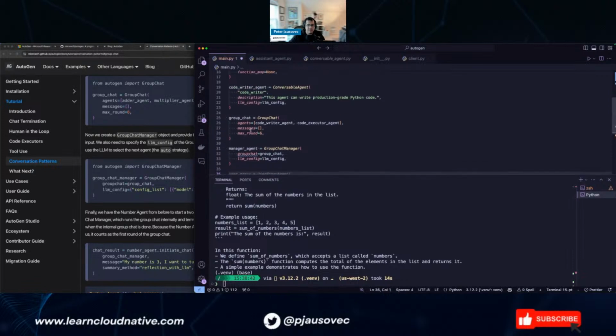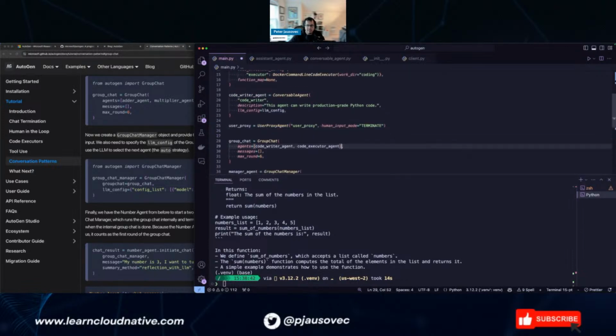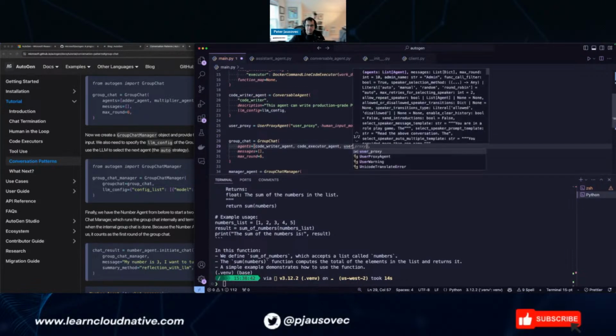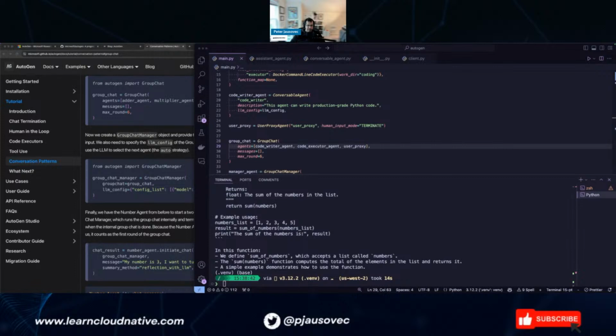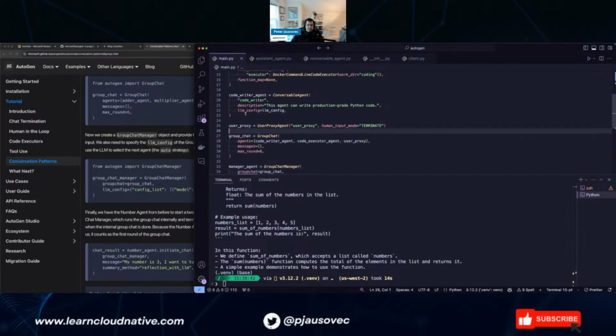It does, right? So let's do it like this. User, yeah, because it can go back, right? One of the agents can actually come back to the user to ask for input. Yes. User proxy. Okay, so all of them are part of the group chat.